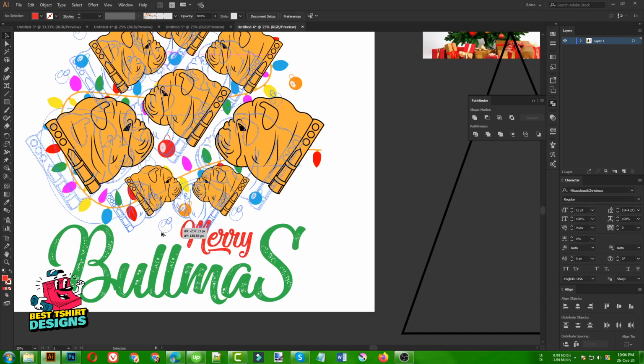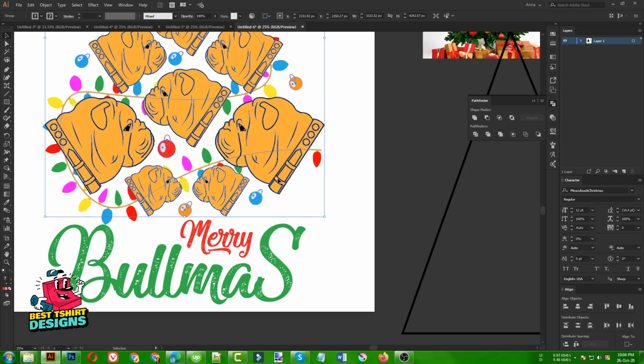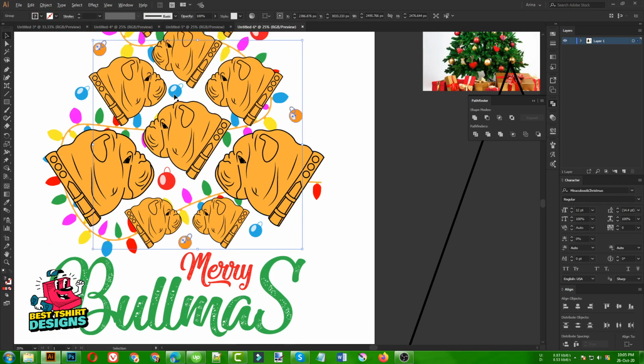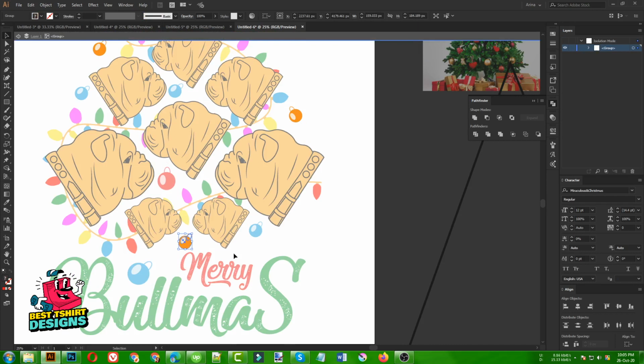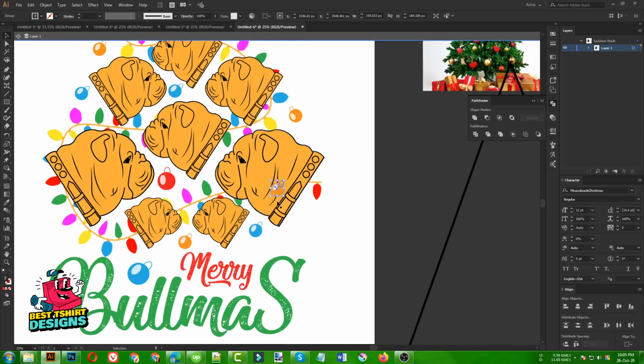Then as you can see, once our text is placed, I can ungroup them, that was a group, so that is working as a group, just like this. As there is some space in our text, we can simply place these balls in the design area to fill it, just like this.